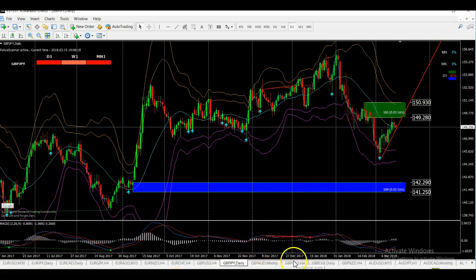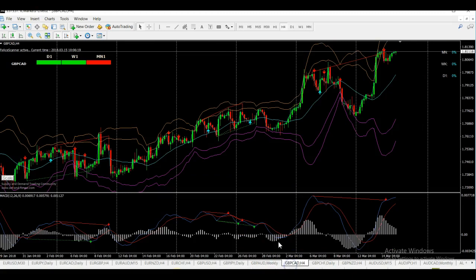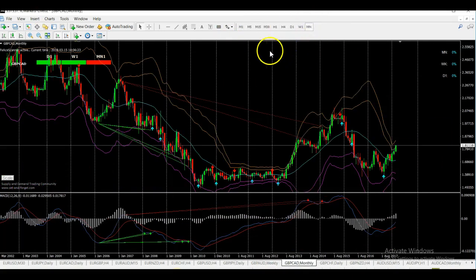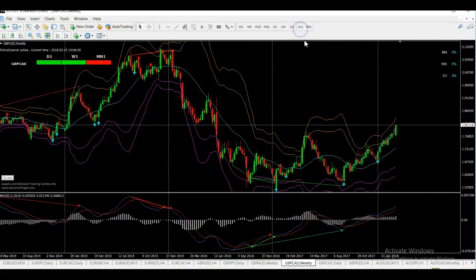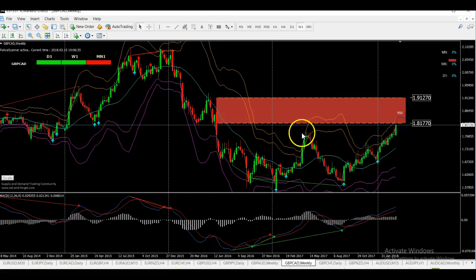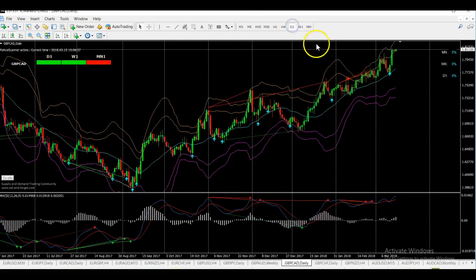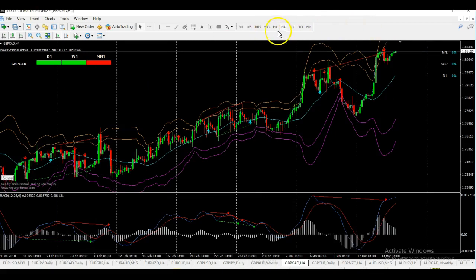And the other trades that we'll be looking at today, British pound CAD, again hugely bullish coming into this monthly area here. It caused the last low last year. Weekly, this is the Brexit move, is coming at the touch now, which we will get a bit of reaction from. Monday we got a signal to the buy side to go up. We're just coming into that area now, so I'll be looking to short this very soon,